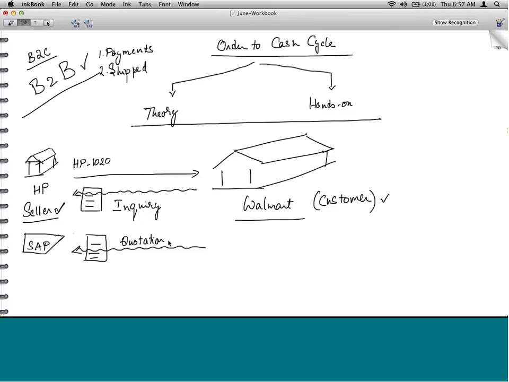Now, Walmart takes a quotation, again does its own number crunching because Walmart purchases in bulk, they have got to do their own numbers magic. And finally, if they like it, they are going to issue an order. When the customer issues an order